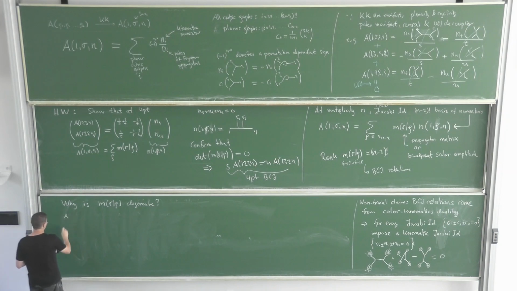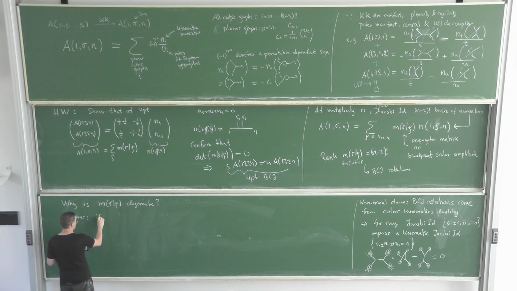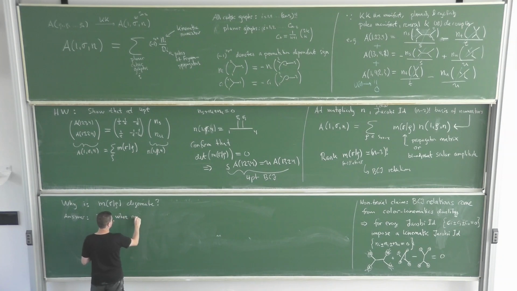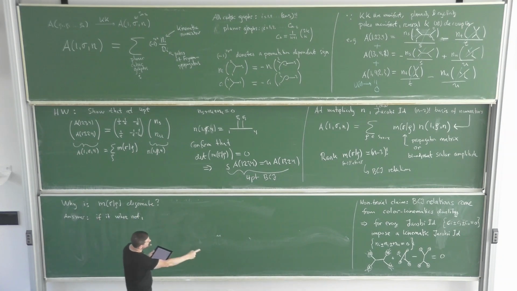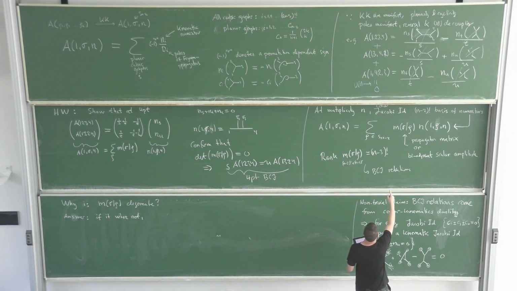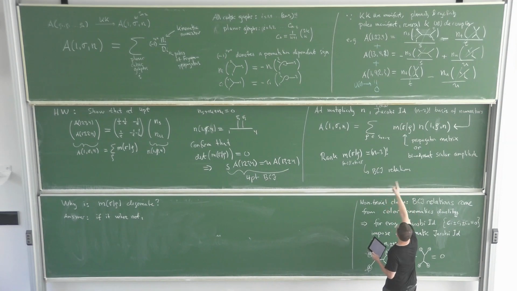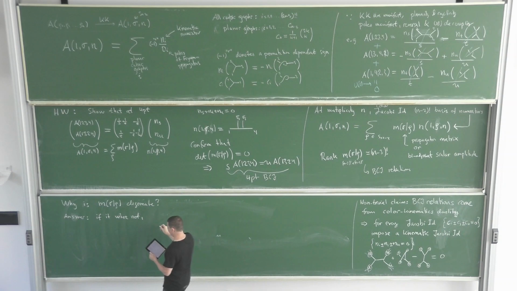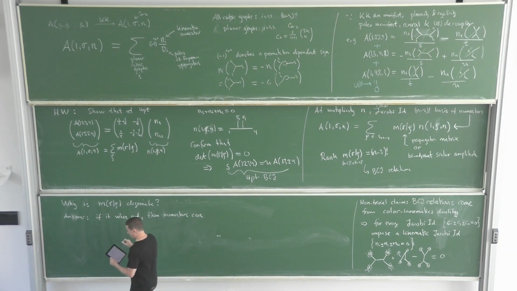Well, one tentative answer, I'm not saying it's a proof, but the problem is that if it were not degenerate, then you can invert this equation by just finding the inverse of the matrix and putting it on the other side, and you can solve for the numerators. The numerators can be uniquely solved